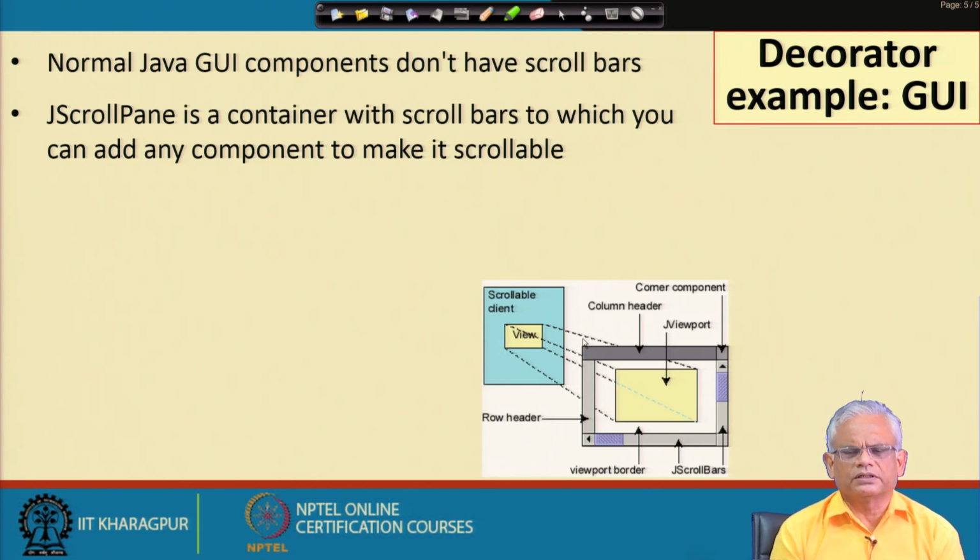Let us first look at the GUI part. Typical GUI components do not have scroll bars. Now, in some situations we need scroll bars. For example, we have a lot of text and all of it is not visible. We would like to have scroll bars so that the user can scroll up and down and look at the text. In Java, JScrollPane,